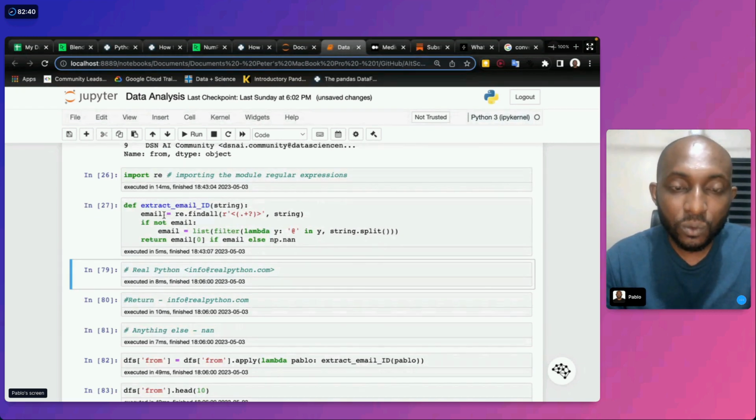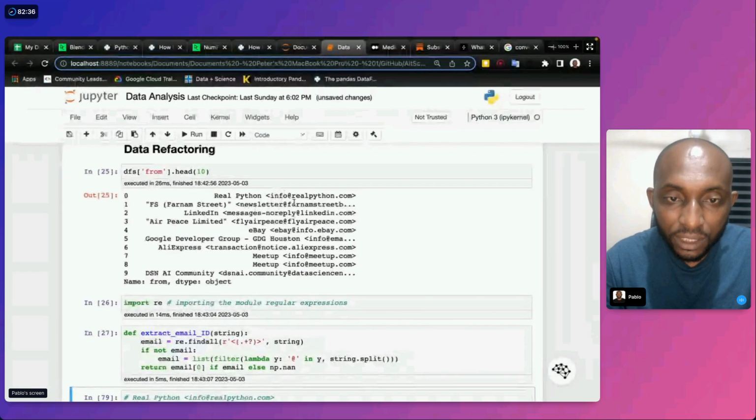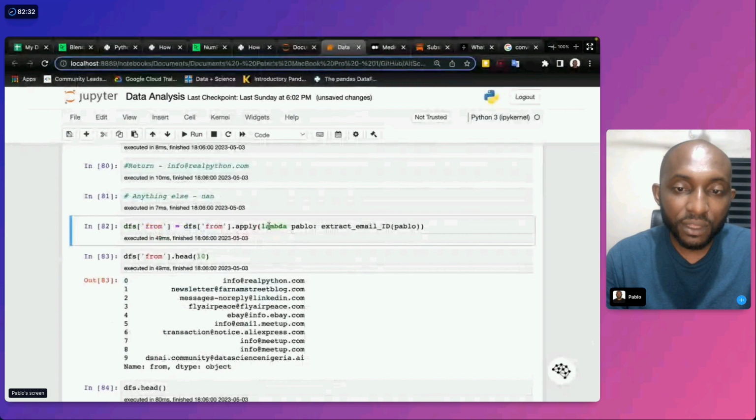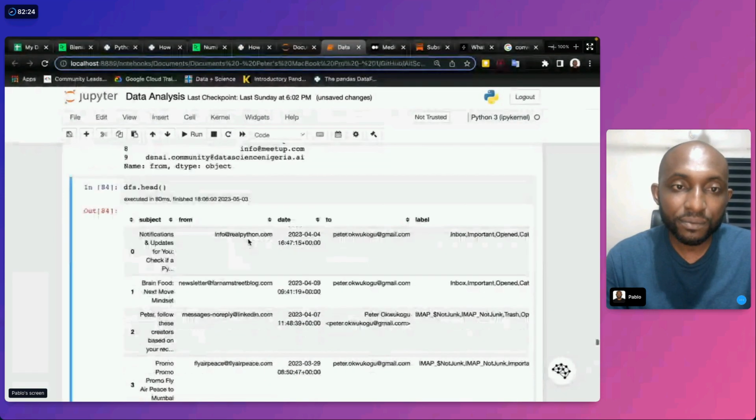Here we wanted to extract all the email addresses, and we use this to get that. At the end of the day, we used the Lambda function to apply it here, and our data is now different.